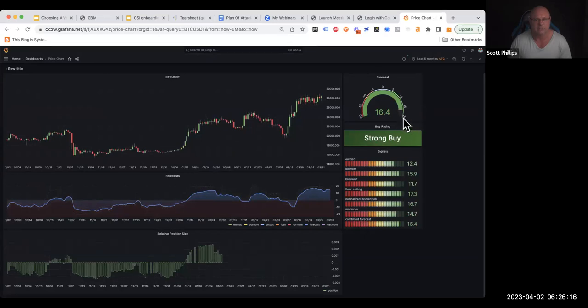The algo thinks we should be long. We have been long since here. I'm happy to be long. It looks like it's going to go up. It feels like shit to be long, and I am long, so that's usually a good sign. Usually when I feel comfortable about being long, it's a sign that I'm about to get fucked. So cautiously, I don't know, but I think it looks good so far. I am long.